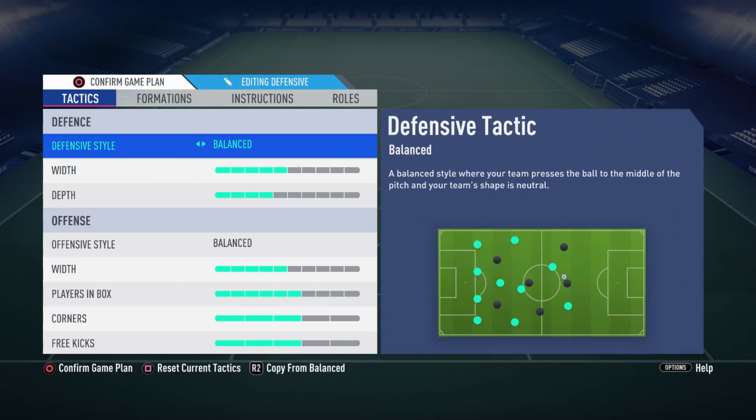Now let's move on to the tactics. For the defensive style, what I use is the balanced settings. I've actually tried in the beginning of FIFA 19 to play with pressure after possession loss and pressure on heavy touch, but the problem with those two, in my opinion and my experience, is that there are certain scenarios when